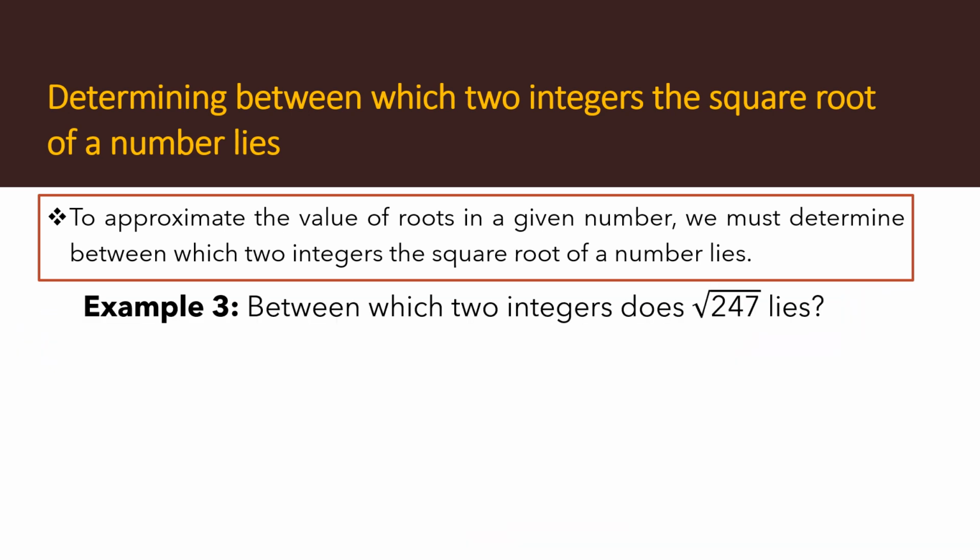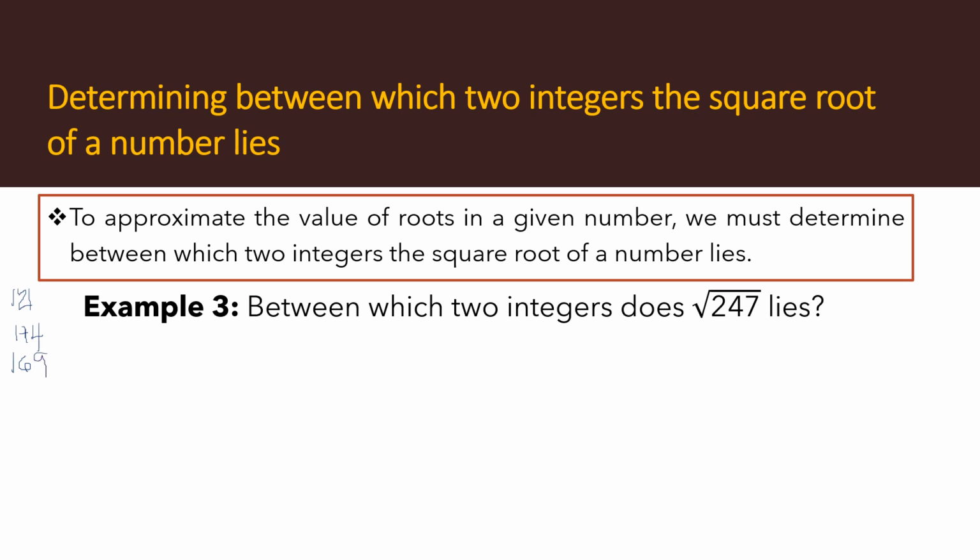Example 3, between which two integers does the square root of 247 lie? For this, you can do trial and error. Since we have only obtained 100 a while ago, we start from 100. The next perfect square after 100 is 121, the product when we multiply 11 times 11. Then 12 times 12 is 144. Let us list that down, and when we multiply 13 times 13, the result is